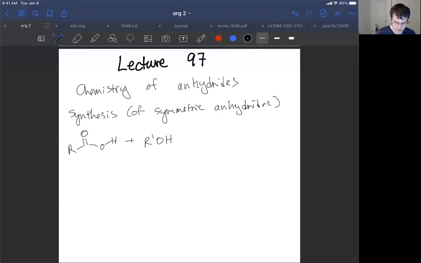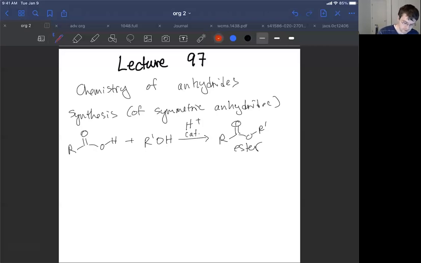So that was some alcohol added plus some H plus catalyst. And then we usually heat the reaction, if you have gone through the Fischer esterification lab, and then we get out an ester, right? So we're going to expose the carboxylic acid to